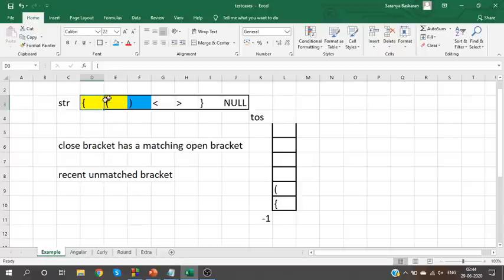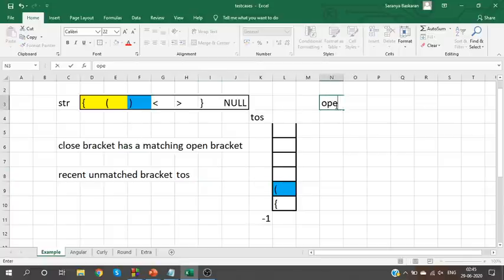What is nearest here? This open bracket is nearest. How do I test that? Top of stack element, whatever is there at the top of stack, indicates the recent unmatched bracket. Can you understand? So when you see a close bracket, compare it with the top of stack element.